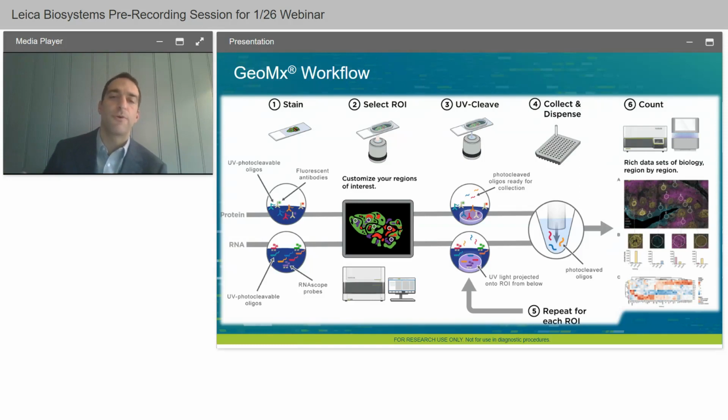And the GeoMx will move the objective field of view over the first region of interest, one of those first circles that you see there, and it'll turn the UV light on right through the objective of the GeoMx system. That will release those photocleavable linkers and release those DNA barcodes, as I mentioned, into a little bath that's sitting over top of the tissue. A microcapillary system will come by once those oligos are released and aspirate them up, and it will dispense them